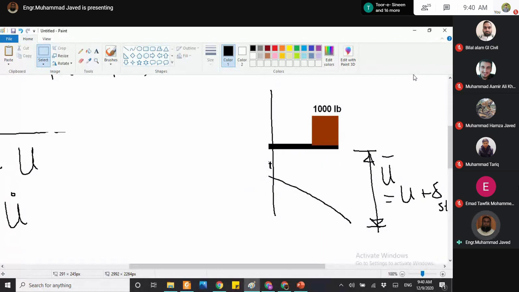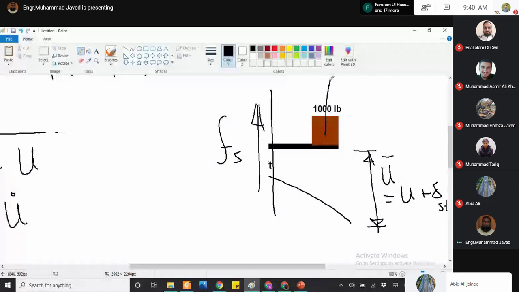However, we will have elastic restoring force Fs, and we will have an inertial force